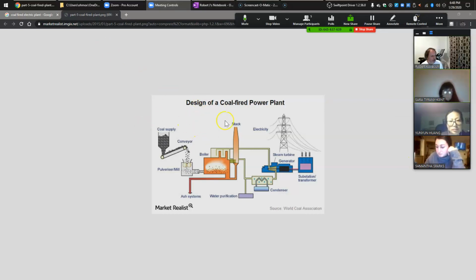Can you guys see my cursor on the screen? Yes. All right, so I have this fuel source. This coal comes in, they make it nice and finely ground, and they throw it into this boiler. This is where it burns. When this coal burns, they've got these pipes that run over the top of it that are filled with water, and this is burning so hot that the water flashes to steam, really high temperature, high pressure steam,